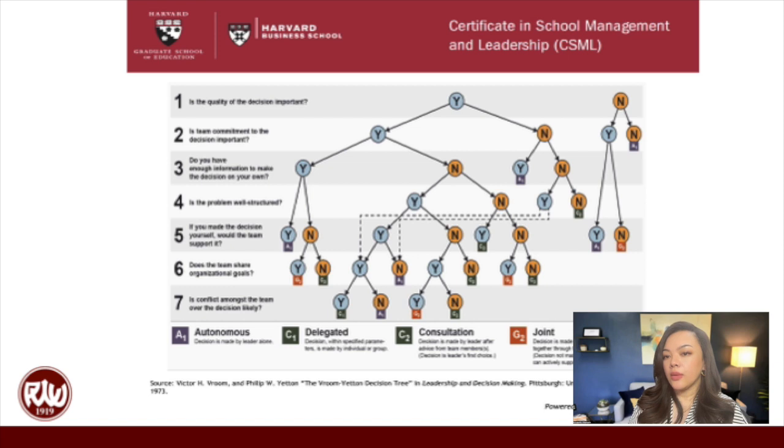One of the things I also came across is this visual again on decision making from the Harvard Graduate School of Education. And what I like about these tools, again, is that I can just take this, print this out, and say, okay, how do I make a decision on anything as a leader? How do I facilitate discussion? How do I promote collaboration? How do I lead from the front? How do I coach and mentor, right? This visual is very easy to follow, which is just a yes or no sort of response to the question. So we start with, of course, thinking about making a change.